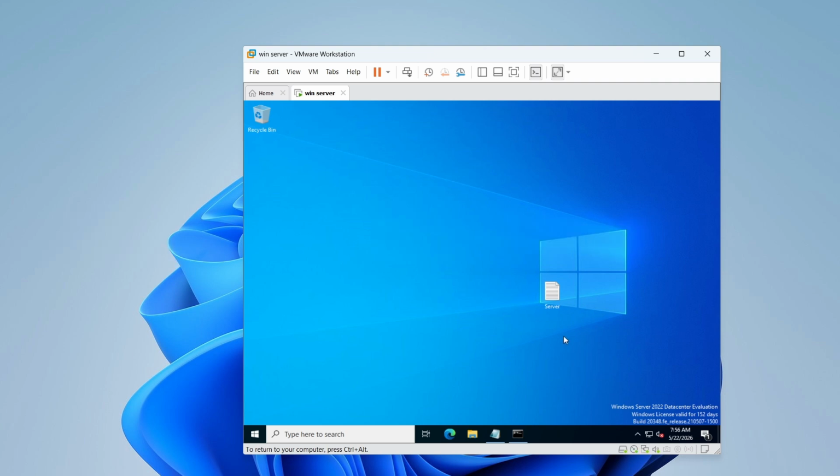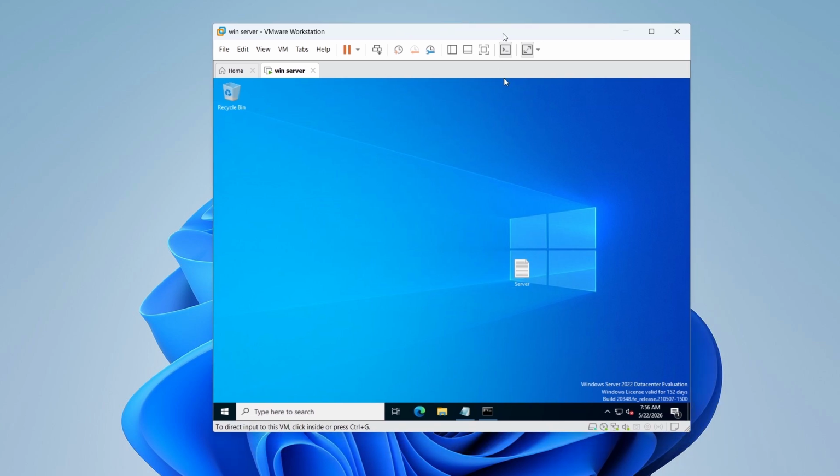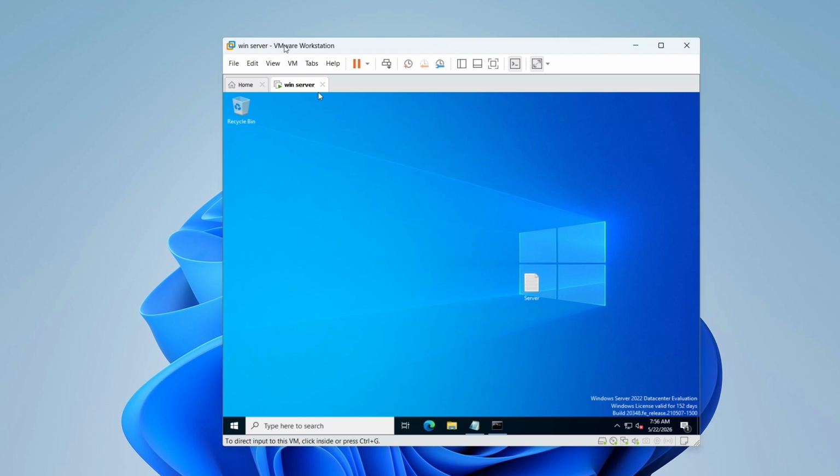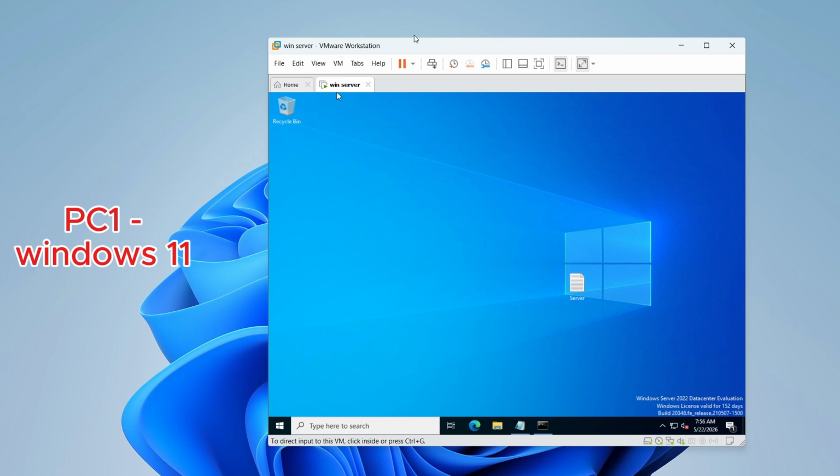In this video we will learn how to configure remote desktop connection from Windows 11 to Windows Server 2022. First, we will check the network connectivity. Here are two Windows machines. One is Windows Server installed in VMware Workstation and the other is Windows 11